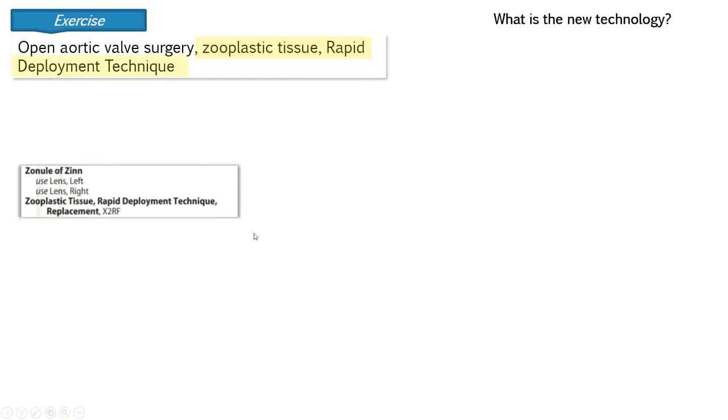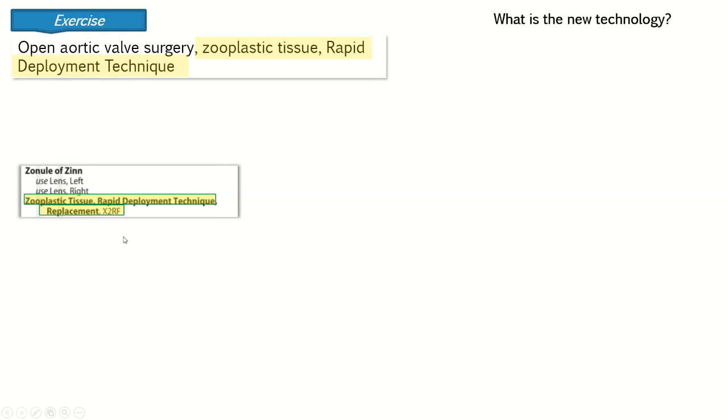All right, the new technology will be zooplastic tissue, rapid deployment technique. And you know what, coders? These are going to be straightforward. You are going to just look up that new technology procedure. To the letter, you see it. Zooplastic tissue, rapid deployment technique, replacement,